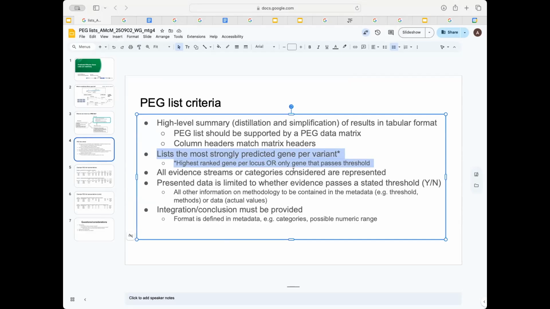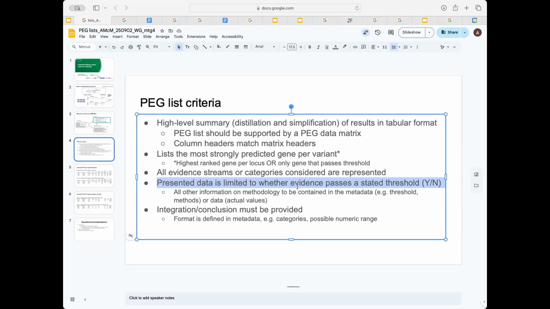That's a question. All the evidence streams or different evidence categories that are considered should be represented, and the presented data, so this is about the evidence rather than the summary, the output, should be limited to whether evidence again passes a threshold.